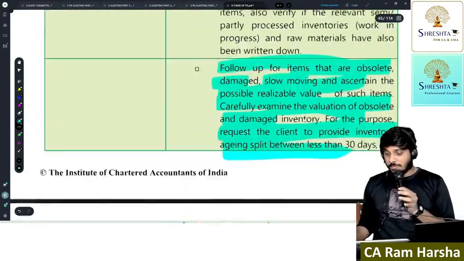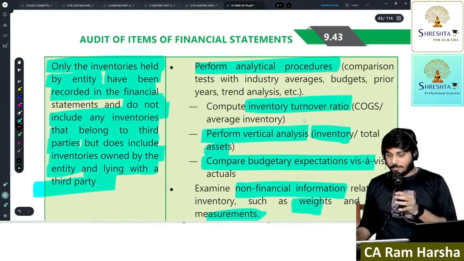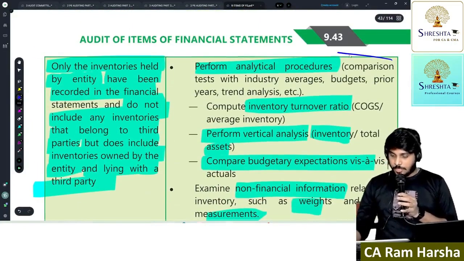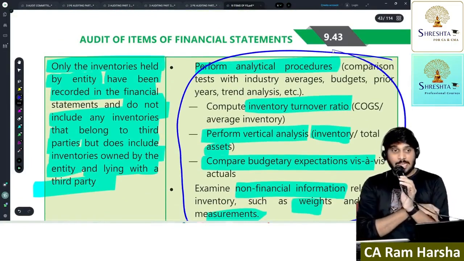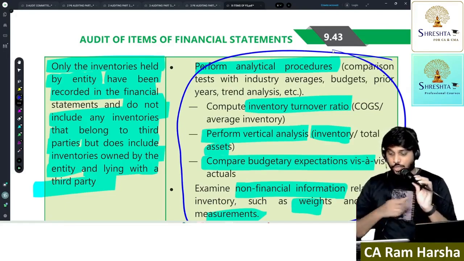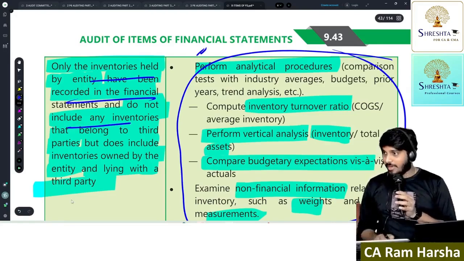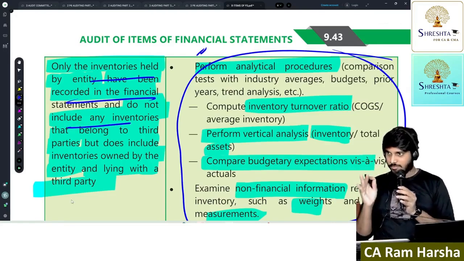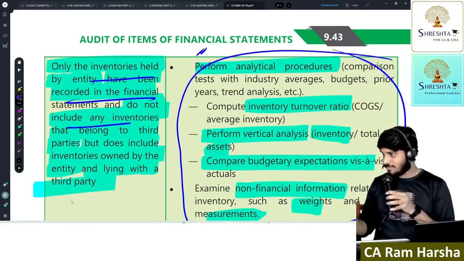They'll ask you a question on this. Write about analytical procedure on inventory. They'll ask you only this question. Write about analytical procedure in respect of inventory. Getting it? You need to write regarding this. Read this carefully and then look at the right side carefully. What is the nexus between these two? Understand. Clear?